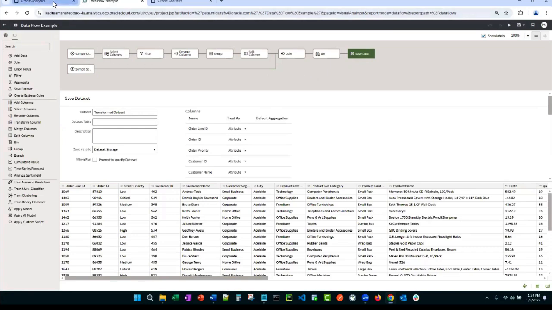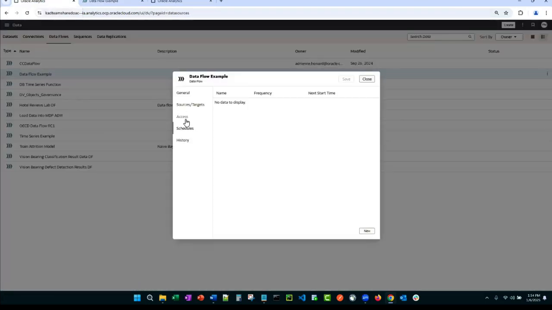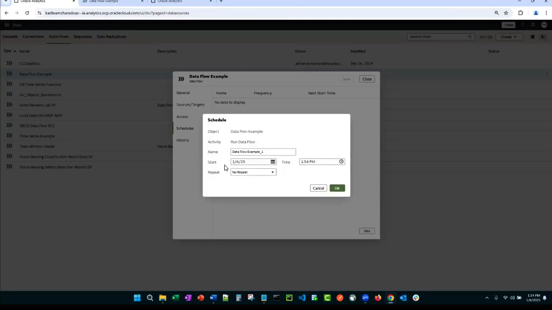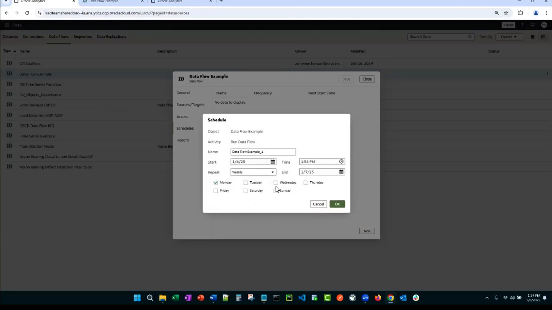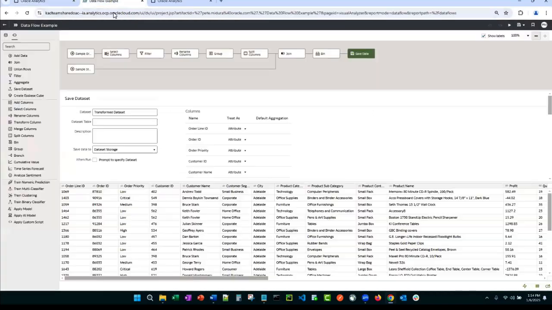So then the other nice part of this comes built in with a scheduler. If I come here and I say new schedule, these data flows can be scheduled. So you can have these running daily, hourly, weekly, whatever your use case requires, all built within the platform. And every single one of these, they're called nodes.